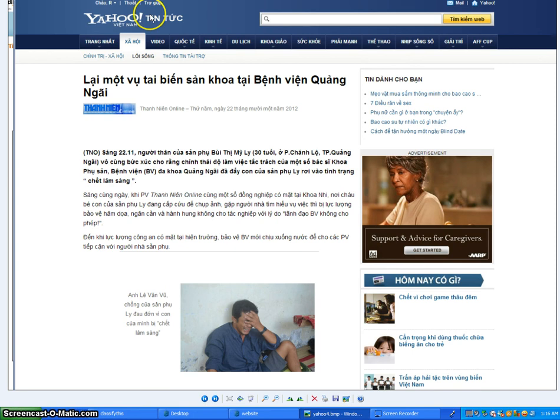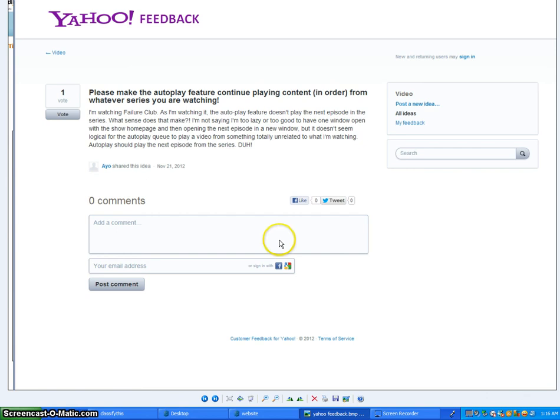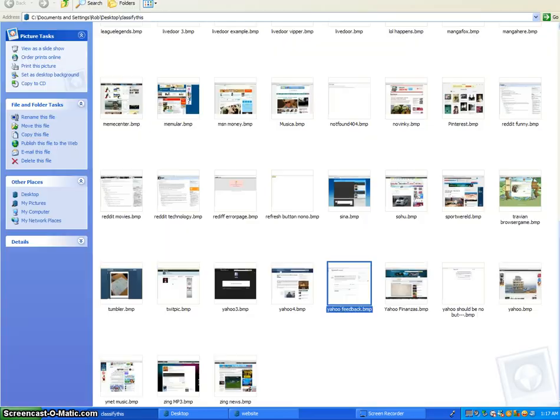Here's another Yahoo. You can add that to it, but I just write Yahoo. It meets all the criteria, so it gets a yes. So a yes, Yahoo. That's what I name it. This is an odd one. The Yahoo feedback pages. Barely meets the criteria, but everybody seems to pick yes on these. If you pick no, you will get a rejection out of it. So you see this, pick yes, mark it as Yahoo, move on.